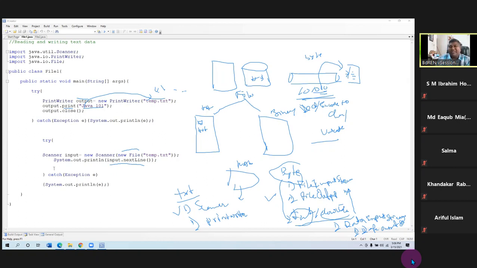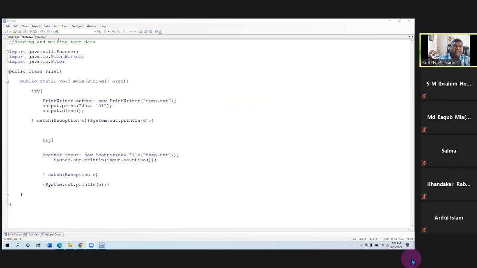But here we do not need to use file close. For writing, with PrintWriter, we have to use close. The file should be closed. Fine. So this is the way we can read a text file, and we can print into a text file as well. But if you need to read binary files,